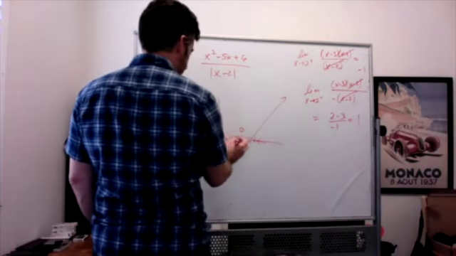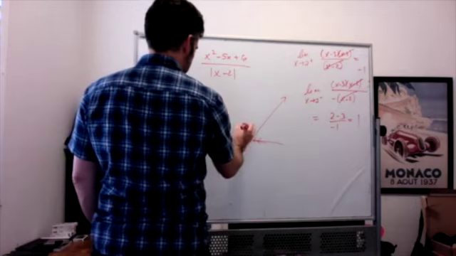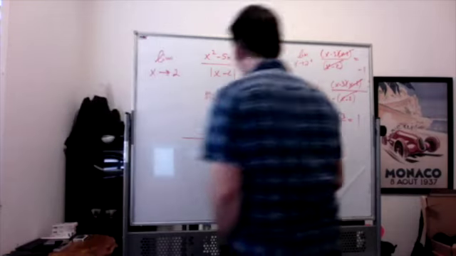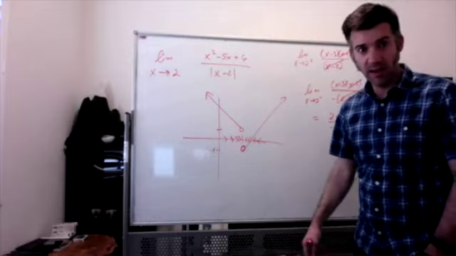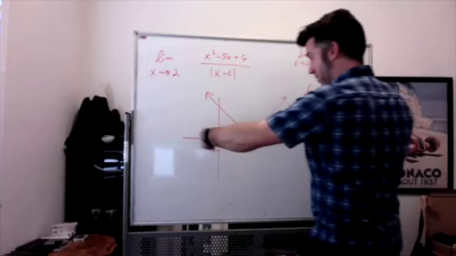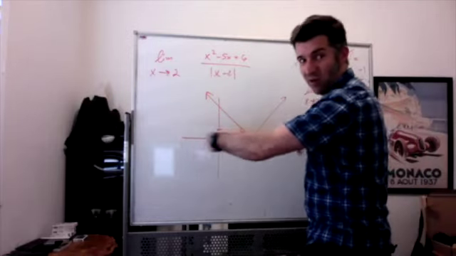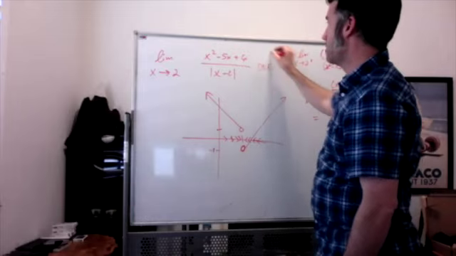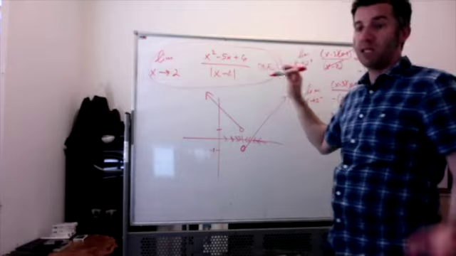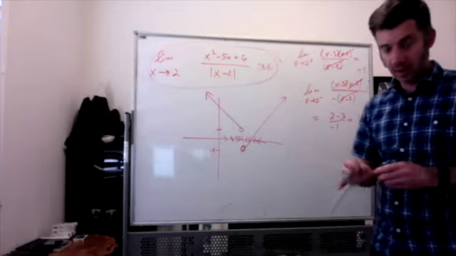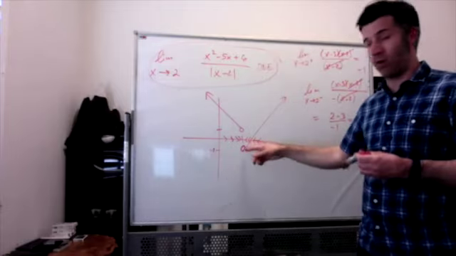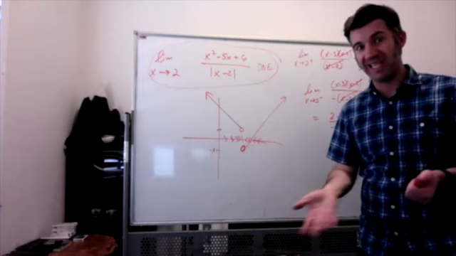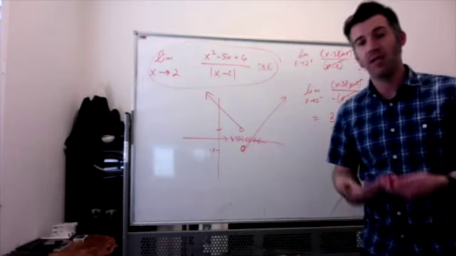So as we approach 2 from the left, the limit is equal to positive 1. This is what the graph of this looks like, by the way. And you can totally see that as you're approaching 2 from either side, the left and the right-hand side don't meet up. So the limit does not exist. So here's the takeaway from this. If you approach 2, or whatever you're approaching, from different directions and you get different answers, the limit does not